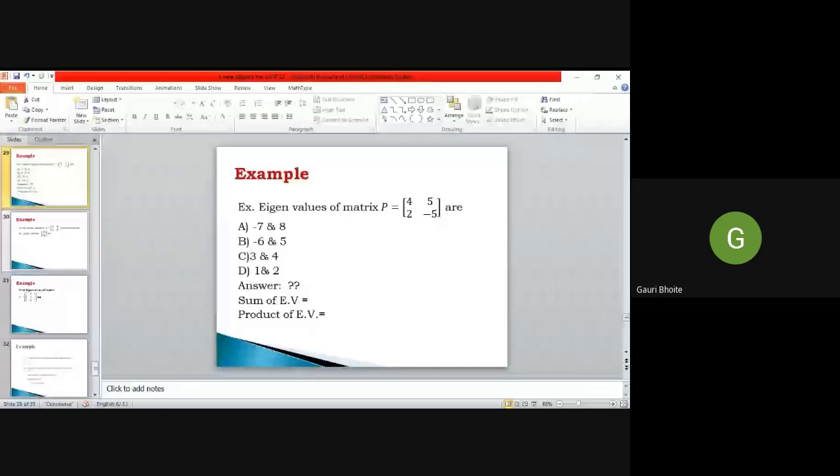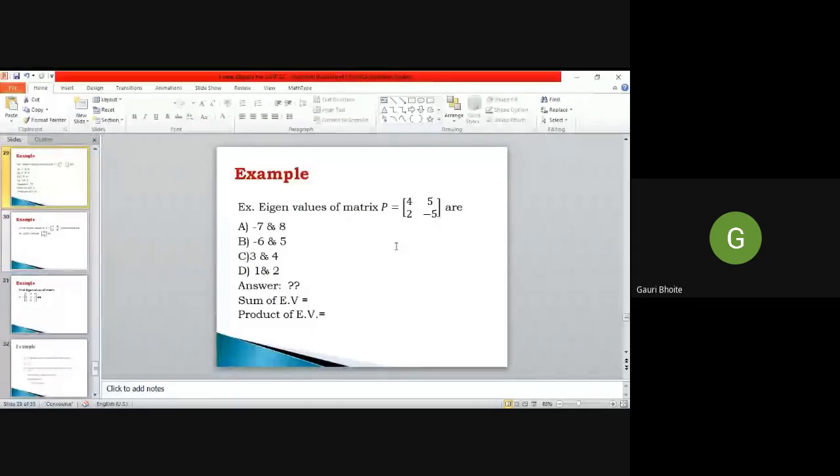Option B. Yes. So we are finding the sum of the eigenvalues as the addition of the diagonal elements: 4 plus -5, it is -1, and the determinant is the product, 4 into -5, -20, minus 10, that is -30. So for which is the product -30? Option B satisfies this. Correct. So therefore we are using the sum and product of eigenvalues, and we get option B. Very simple, but we must know the properties.